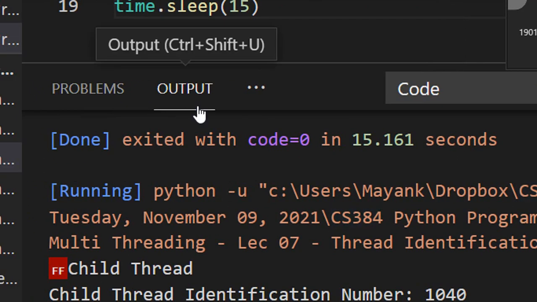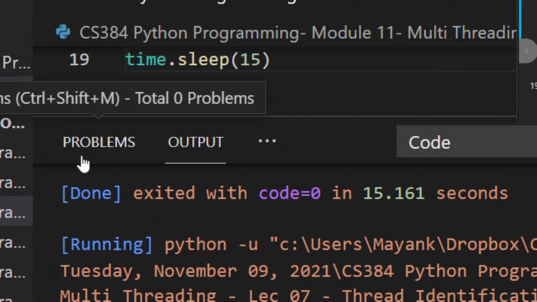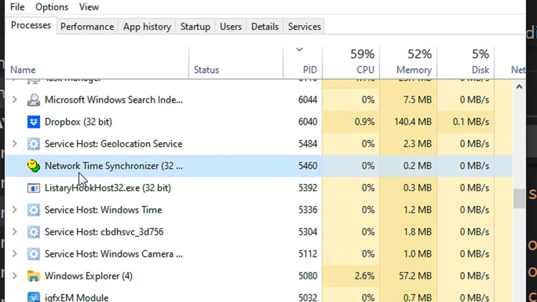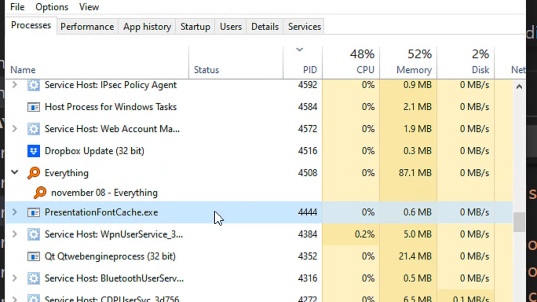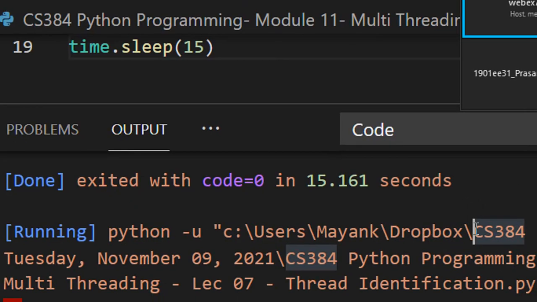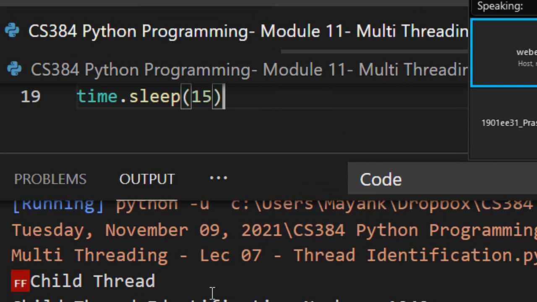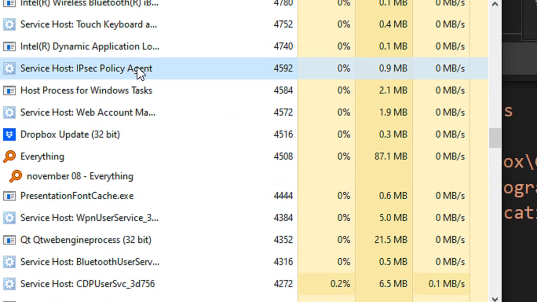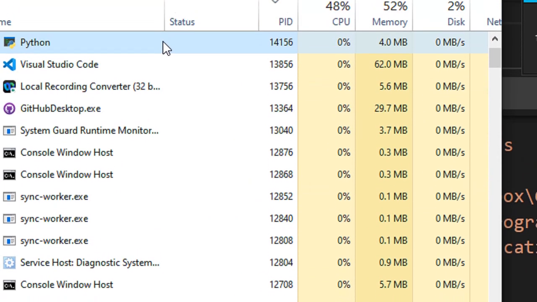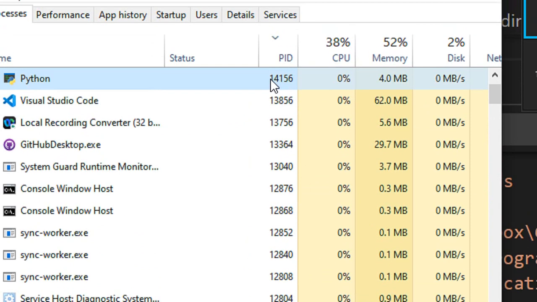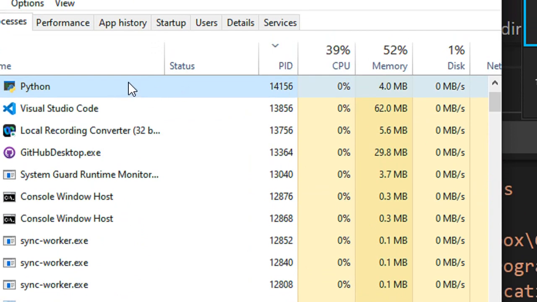Actually, what is happening here is there will be a process with the name Python here, right? Because see what we are doing, we are executing the Python executable through VS Code, right? So you can only see the Python execution here. Python is being executed, and inside Python we are executing these child processes. So we actually need some advanced task manager in order to see this, right?